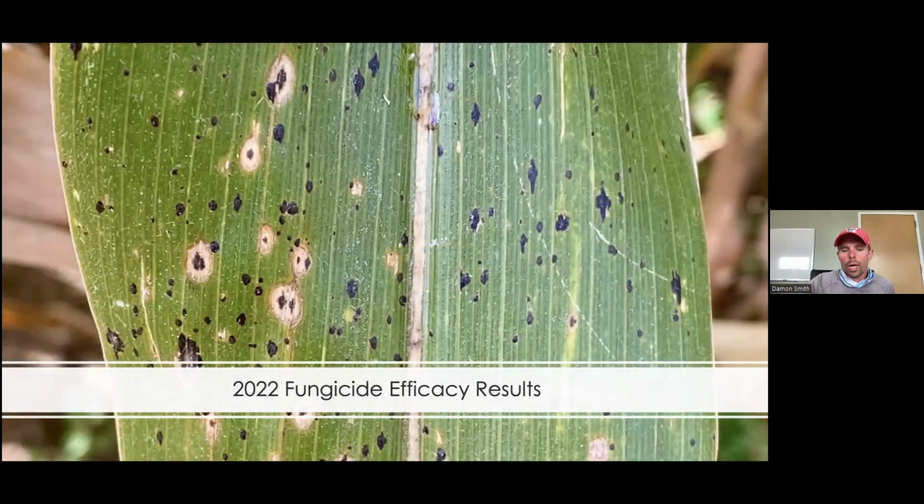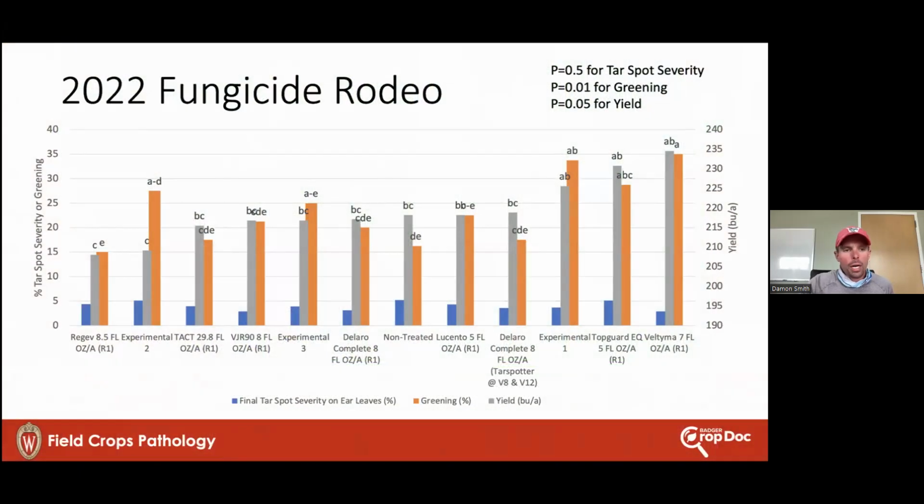From a fungicide standpoint, we still get quite a few questions there on what are really the ideal products. We continue to run trials here in this state. We continue to run multi-state trials and look at product efficacy. You can find product efficacy ratings on the Crop Protection Network. Those were recently updated a couple of months back, so you can see the really good tar spot products. And if you look at that tool, you'll find that you have quite a few options, especially the mixed mode of action products. So anything that has 2 or 3 modes of action in the jug does a really good job. It's really more about timing.